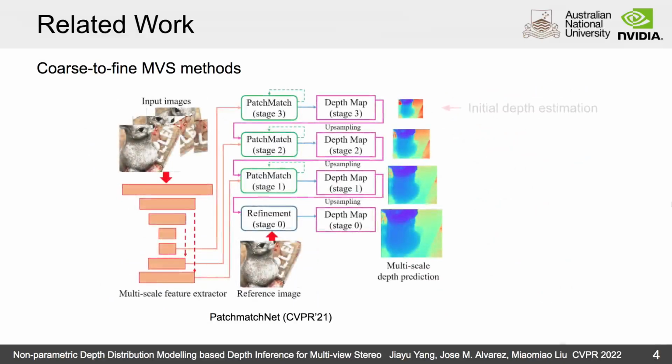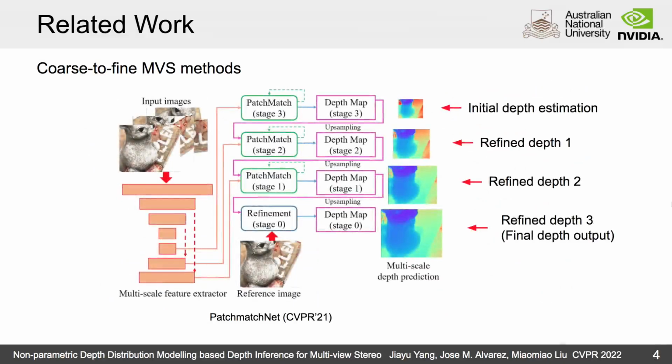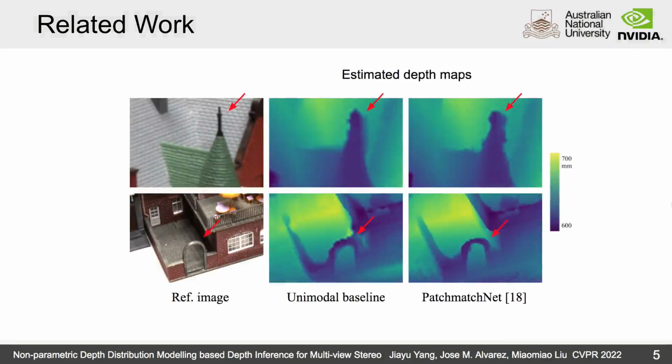These methods estimate a coarse depth map in small resolution and gradually refine the estimation until reaching full resolution. While these approaches achieve promising results, they tend to miss small objects and boundary regions with abrupt depth changes. The main reason is that they make an early decision at coarse level under an unimodal depth assumption, and the error is propagated into refinement levels that cannot be corrected.